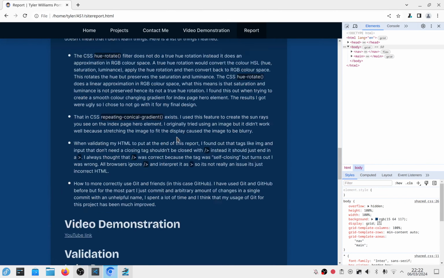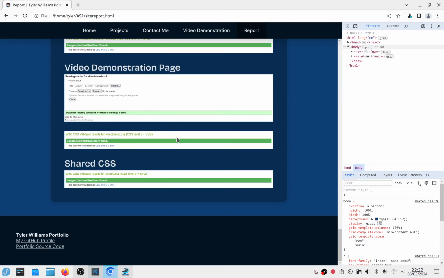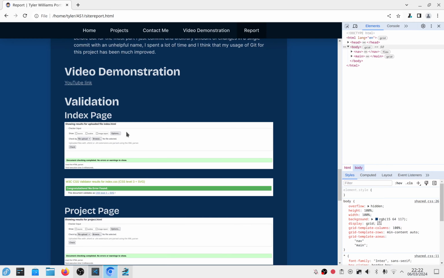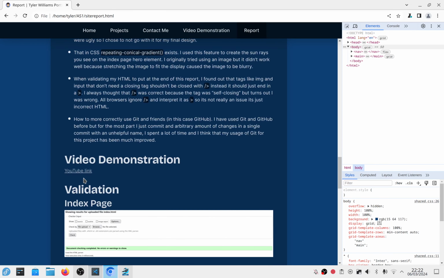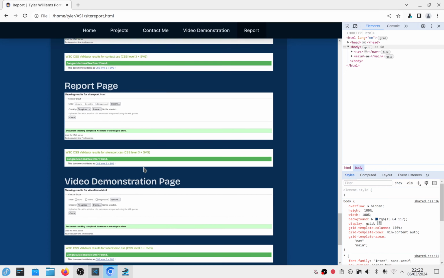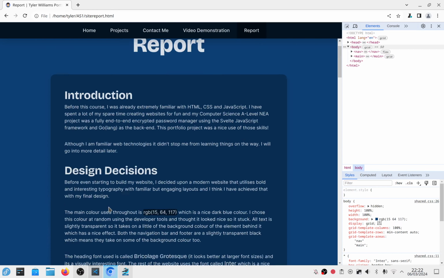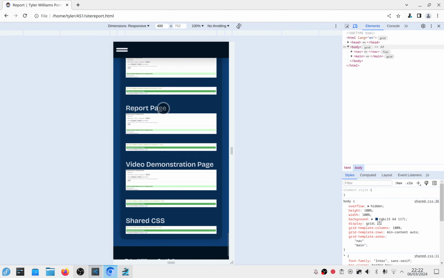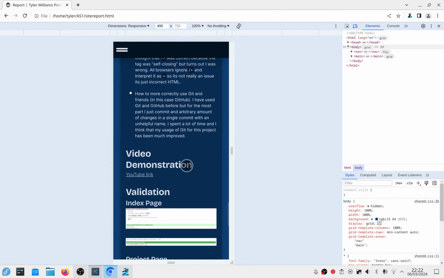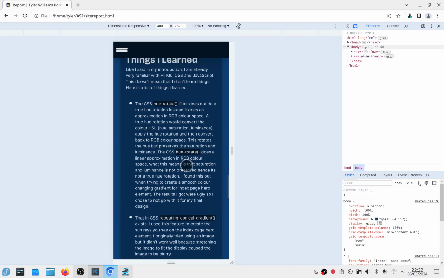Report page is just my report. I'm sure you'll read through that soon. As you can see, we've got every page validating HTML and CSS. This link will link to this video once it's uploaded. On mobile, the padding is reduced, text size is reduced. I can't do anything about these images because of the way they are, so we just leave them. And yeah,